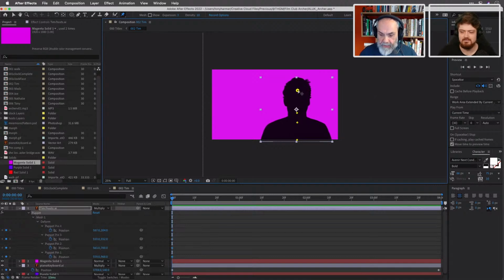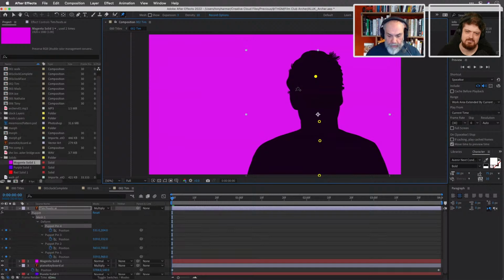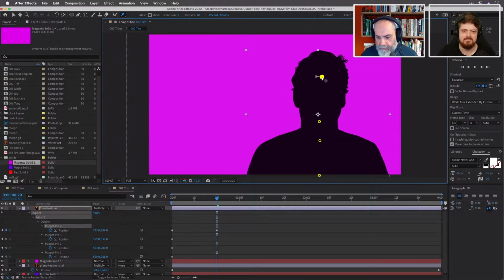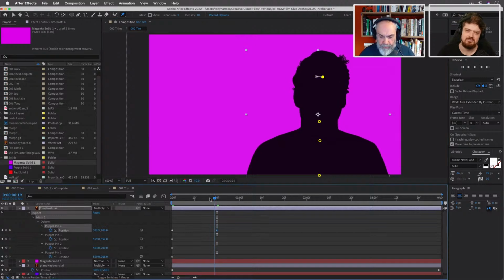I've got all of the pins active, so let's just make that one active. There we go. Can zoom in now as well. So just a little bit of a tilt to the side. Then I'm going to move on a few frames from there. Okay, I think we're going to have it so you're rocking out somewhat. That's what I think. Let's play that in real time.